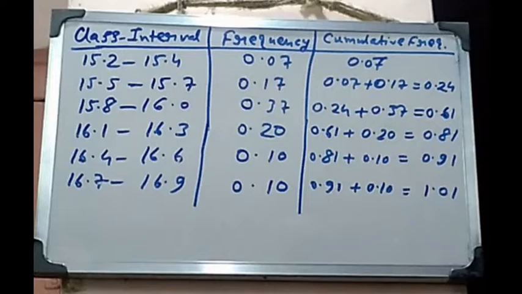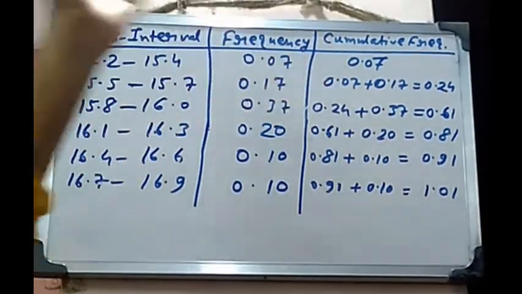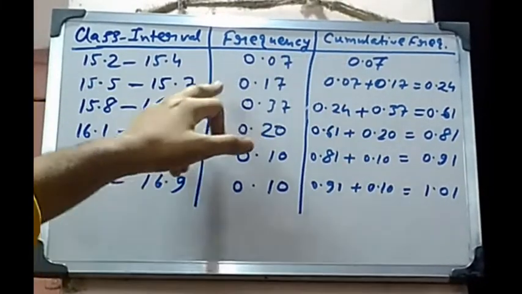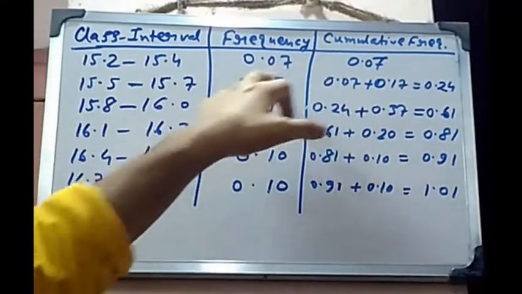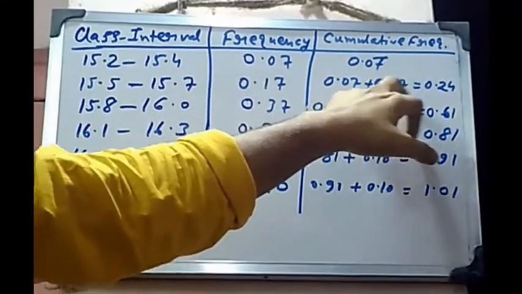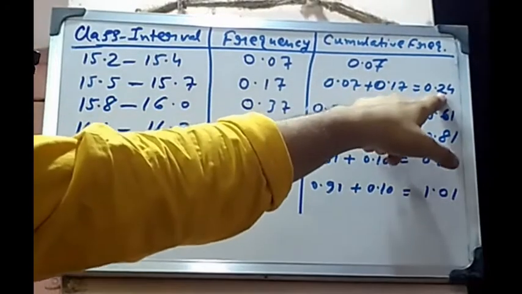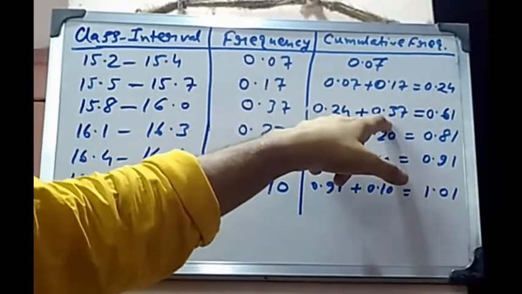Cumulative frequency means the first frequency is equal to the first cumulative frequency, and the second cumulative frequency means the first cumulative frequency plus the second frequency. That means 0.07 plus 0.17, which is equal to 0.24. And the third cumulative frequency is equal to the second cumulative frequency, that means 0.24 plus the third frequency, that is 0.37, which